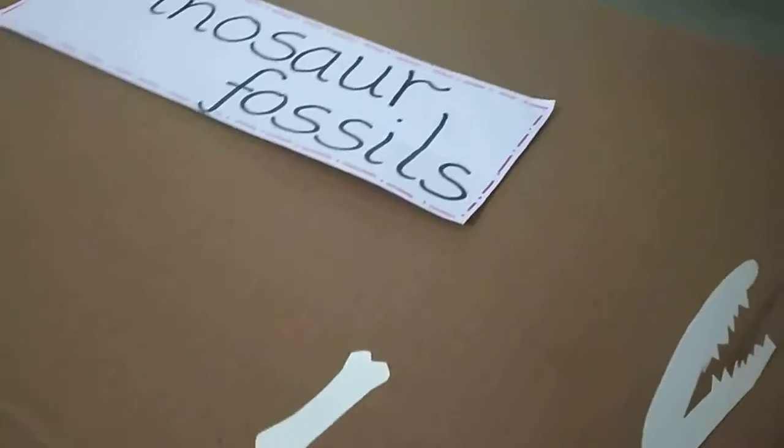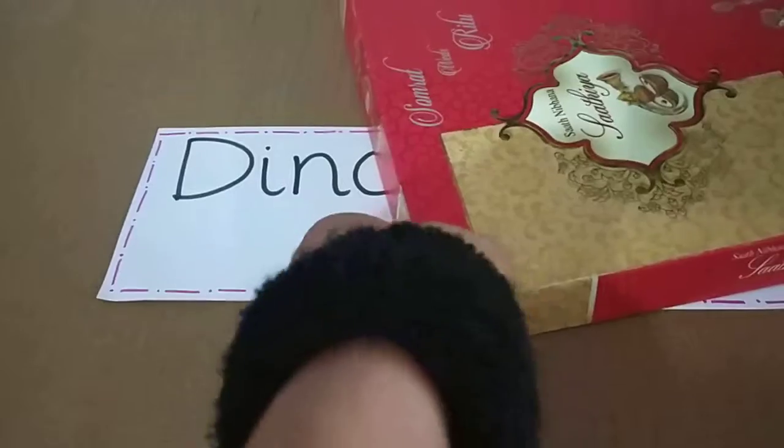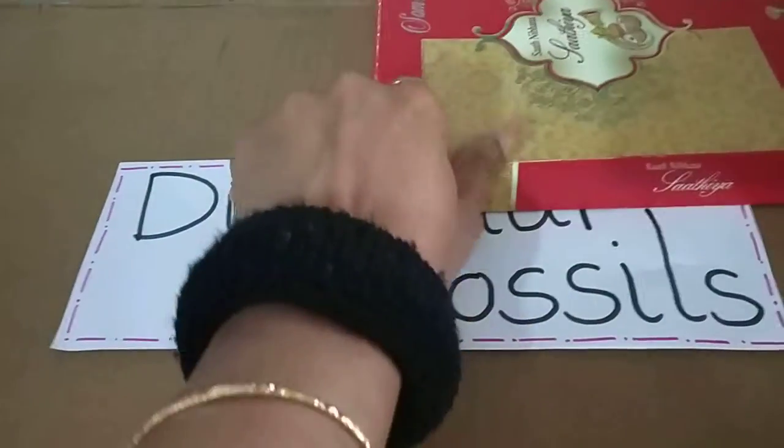When they were digging up the dinosaur fossil, they brushed off the dirt